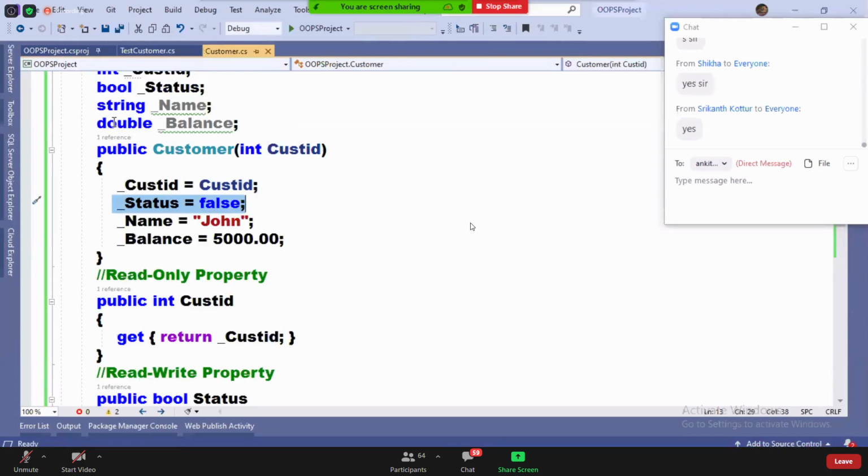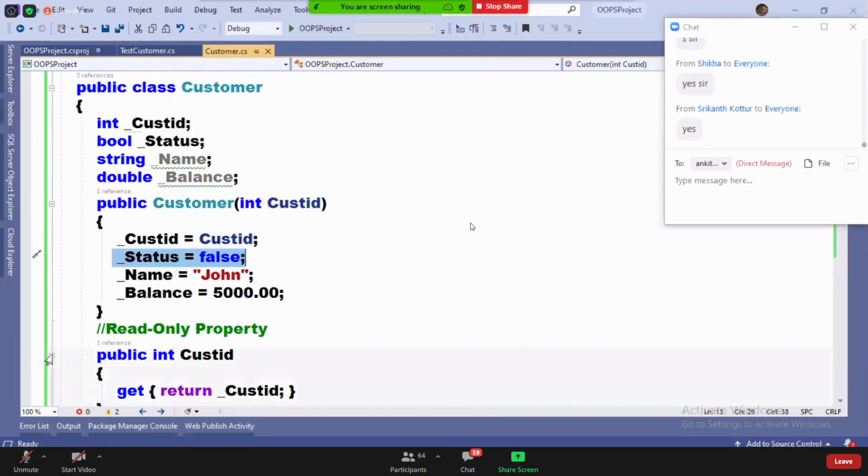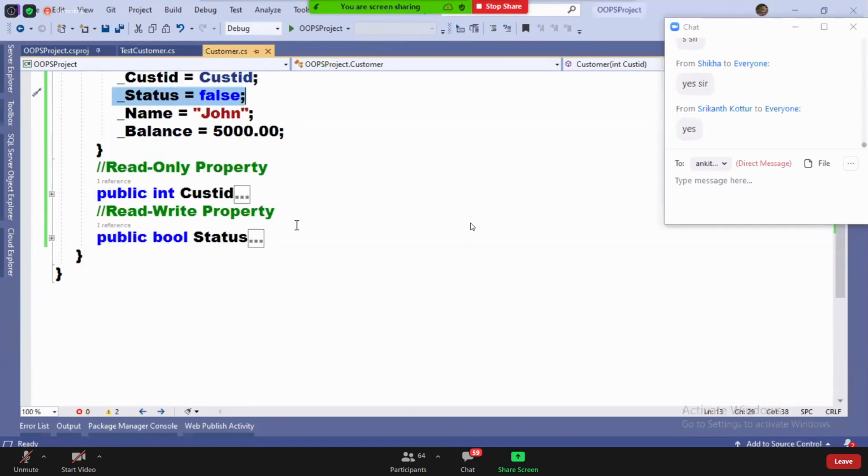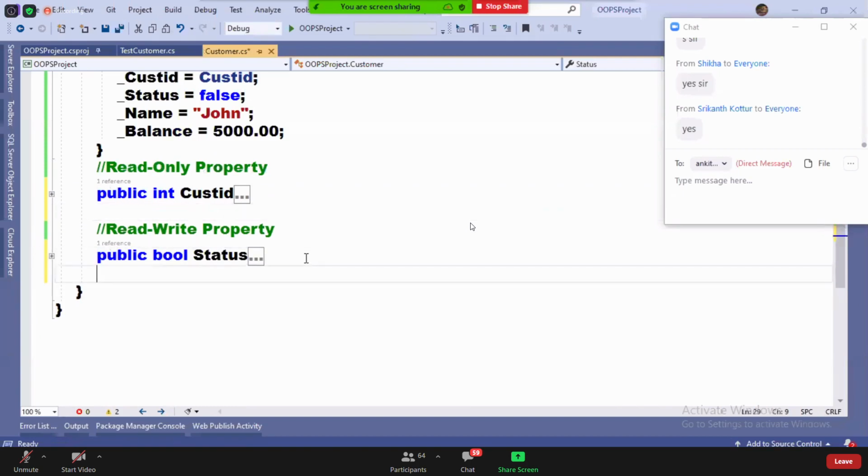I want to define a read-write property on name.